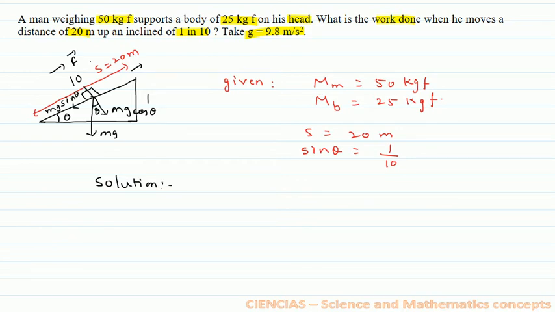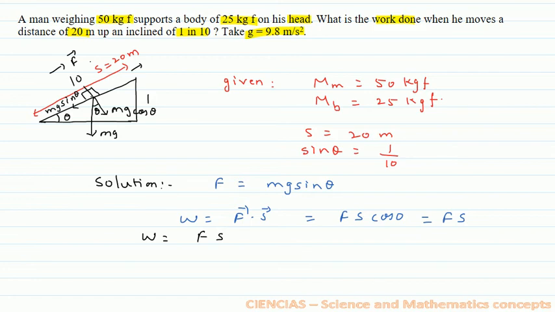The force that has to be applied should be equal to the minimum value, which is equal to the component in the opposite direction. So the force that has to be applied is mg sin theta. Therefore work done is equal to F dot S. Since force and displacement are in the same direction, it becomes Fs cos 0. Cos 0 is 1, so this is Fs. So therefore work done is force into displacement, where force is equal to mg sin theta